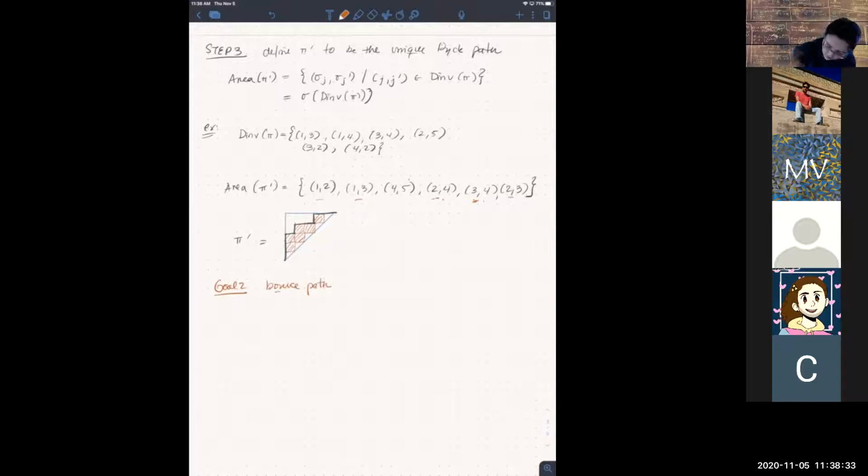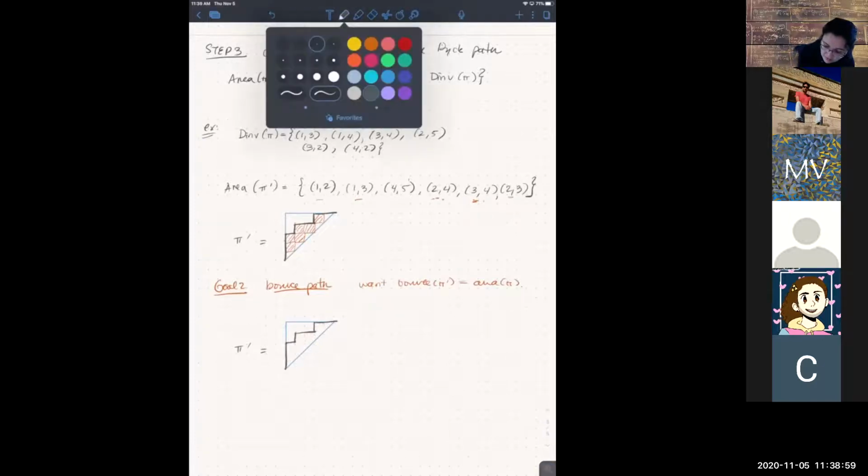So we want bounce of pi prime to equal area of pi. All right, so how do we do that? So the bounce path, we've seen this before, right? It's precisely, if we look at, copy, paste, if we were to look at this path,